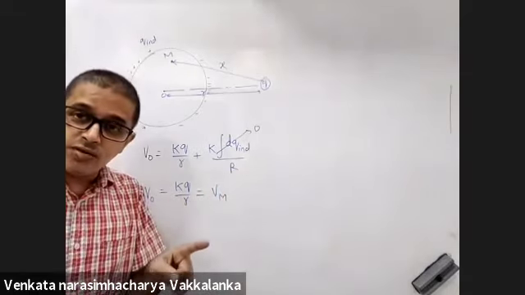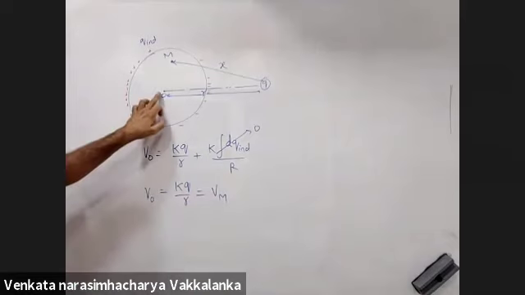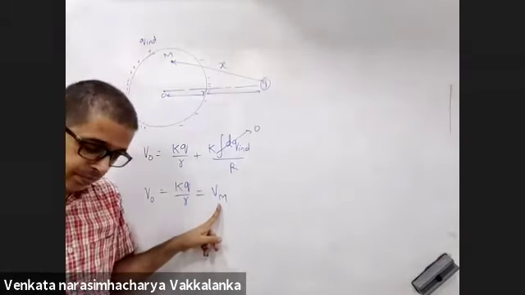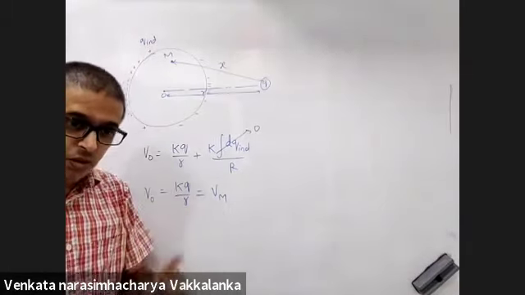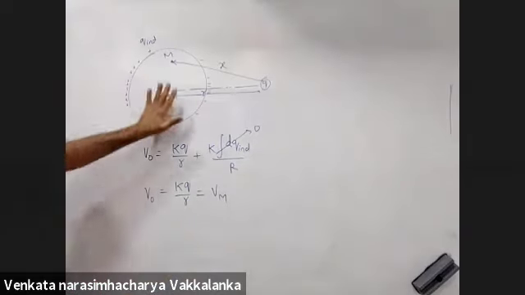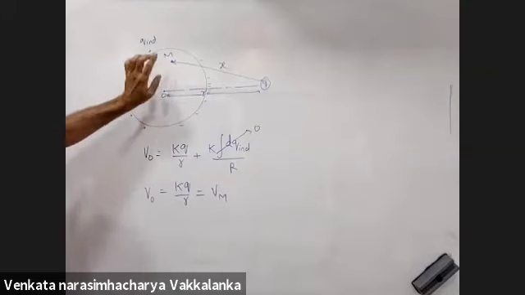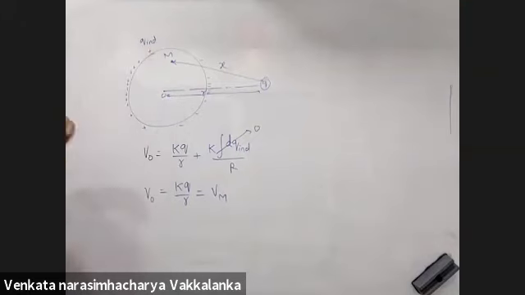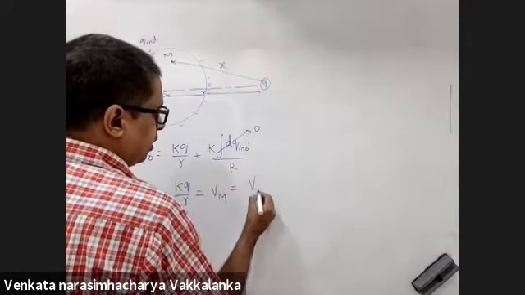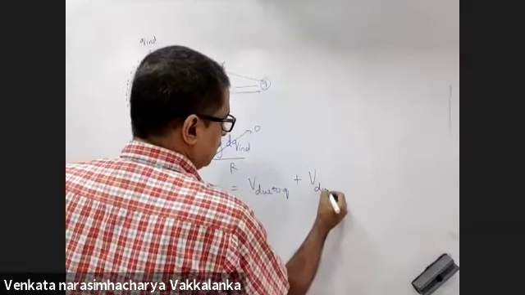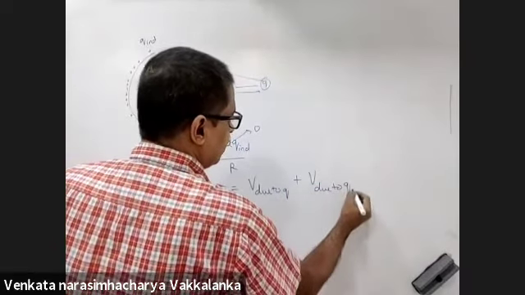Field inside the metal is 0. So this is the net potential at O. Net potential at M also will be the same. Yes, sir. All of you, yes or no? All of this is a solid metal. Net potential at O will be equal to the net potential at M. Only then the field inside is 0. Right sir. Now this will be potential due to Q plus potential due to Q induced.